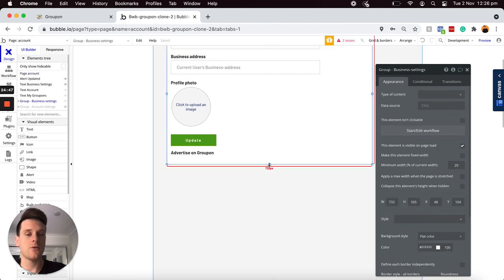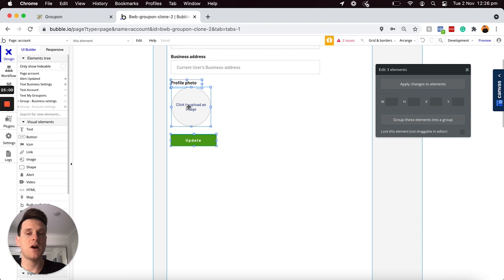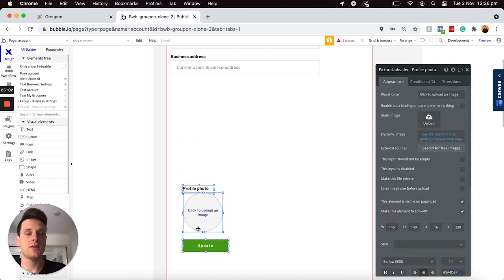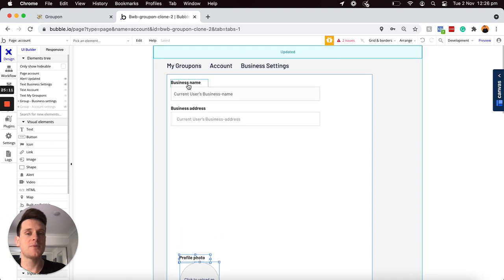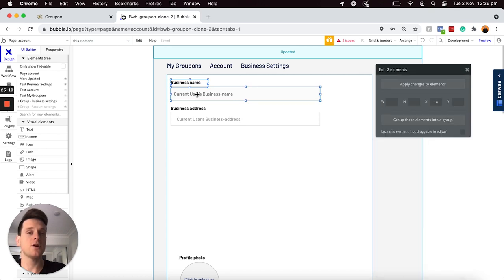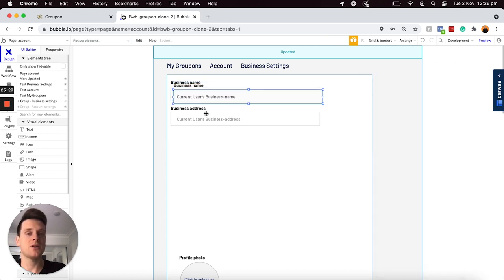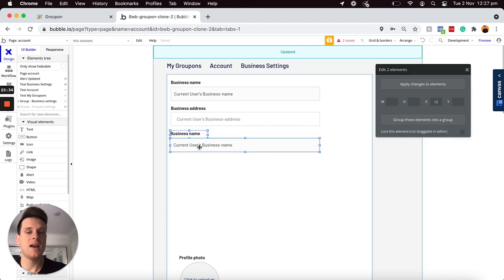And then for our group, I'm just going to drag this down, and I'm going to remove our advertise on Groupon heading there. Just select my picture uploader and my button, drag those down for now, because I'm going to scroll on up to our input fields and choose to copy our business name heading as well as the input field for it. I'm going to copy those, paste in another version, move that down,